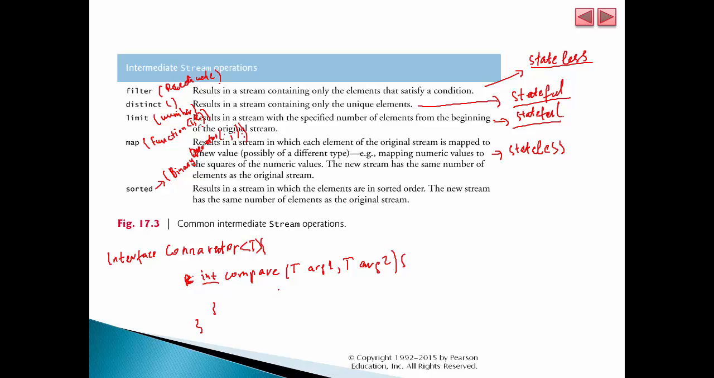So if the integer result is equal to 0, then these two arguments are equal to each other. If it's a positive number, if it's greater than 0, any positive number, then it means argument 1 is greater than argument 2,